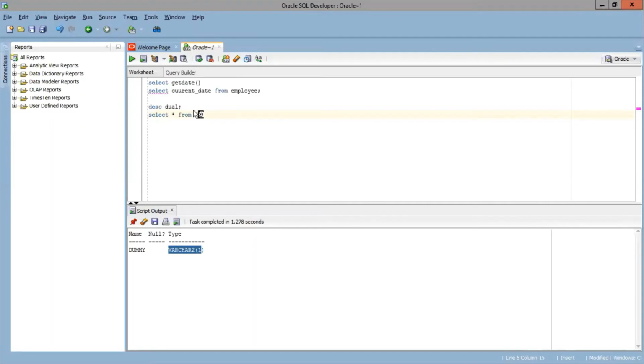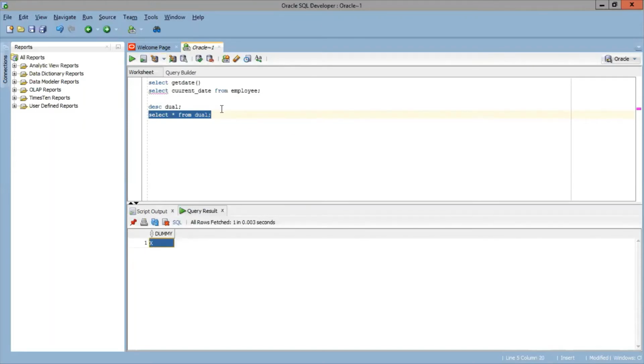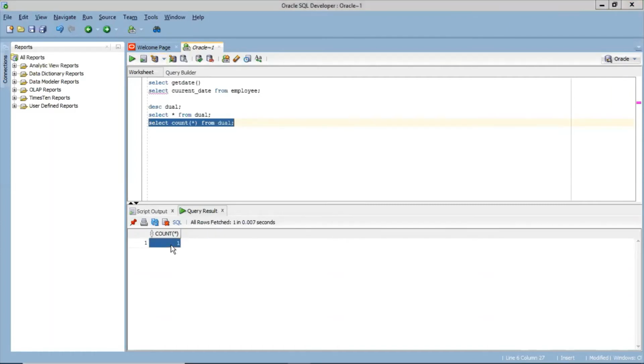Let's query and see that. See the value X, that means some dummy value. And how many records are there in this table? See, the count is 1.